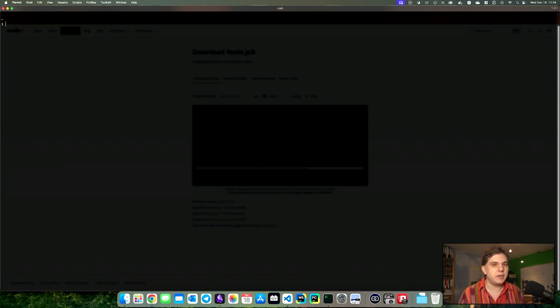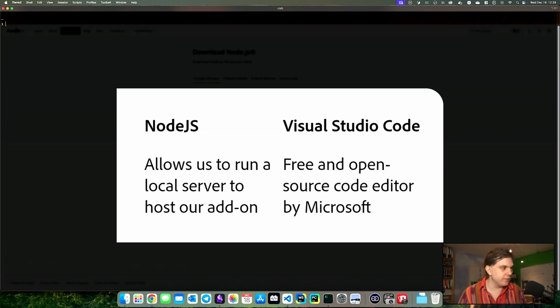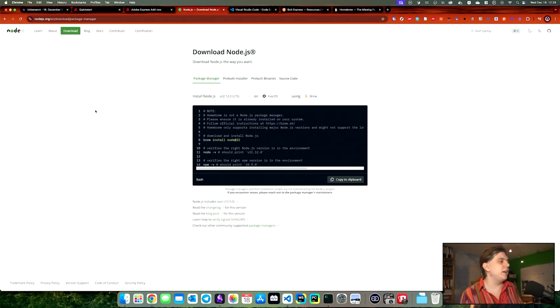To do that, we need to have two things installed. The first of which is Node.js, and the second of which is a code editor. In this case, we'll use Visual Studio Code, which is a free code editor developed by Microsoft. With the Node.js website, so